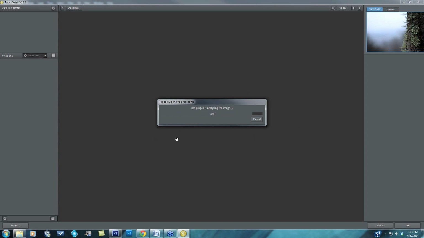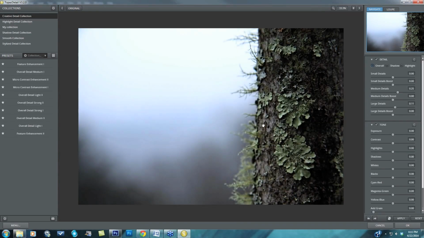And what it's doing is breaking your image down into 3 different detail sizes. You have your small details, medium details, and large details. I'm going to come down here to the bottom right and press reset all to get to the original here. But this breakdown of detail is really what makes Topaz Detail unique and allows for you to come in and